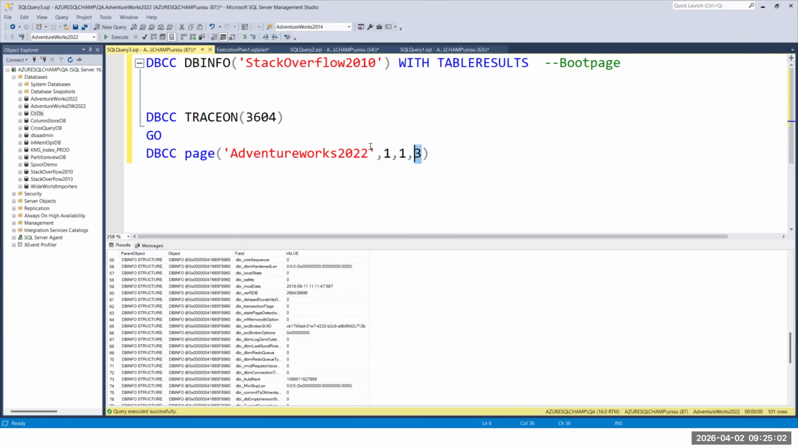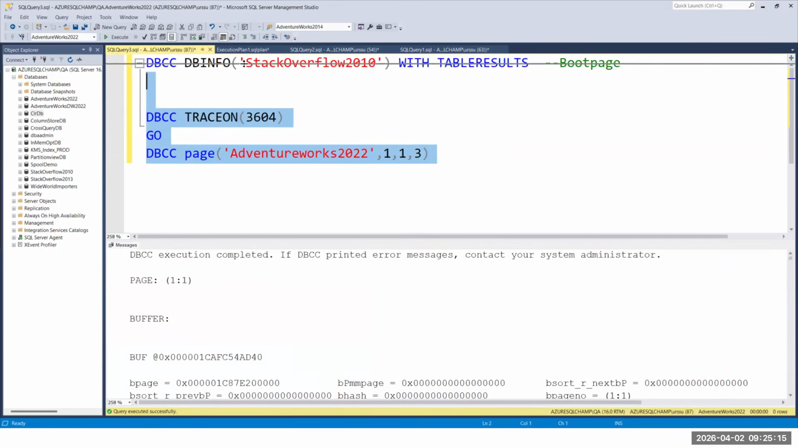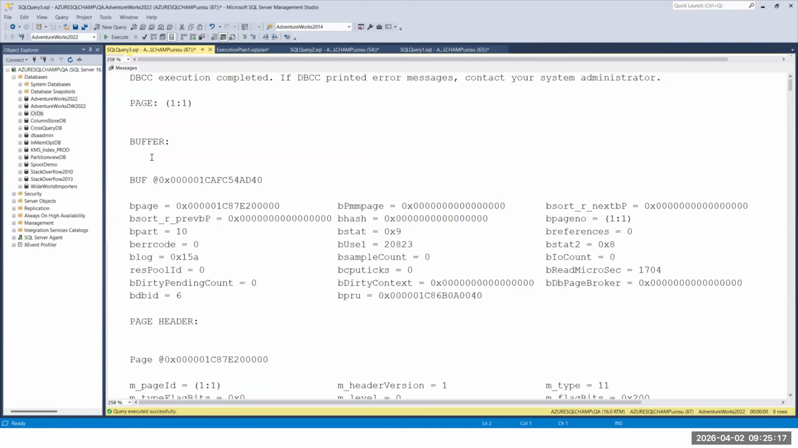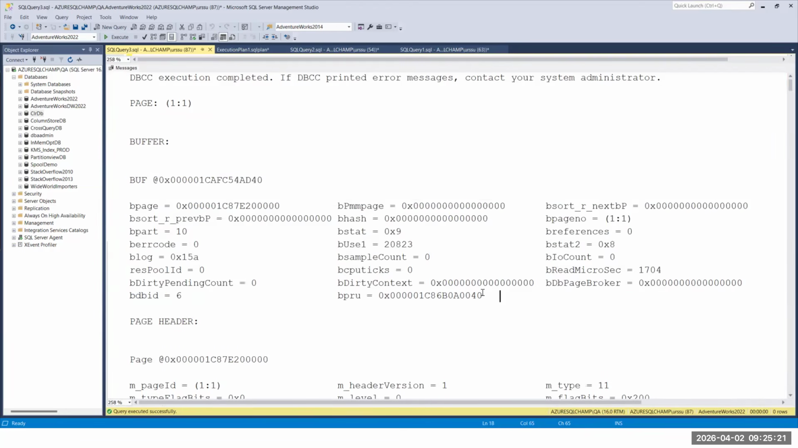So I told you, right? PFS is the first page. That is the reason I am running one here. When you run this command, it will display the PFS page information. I told you, right? There will be buffer. Every page contains the buffer